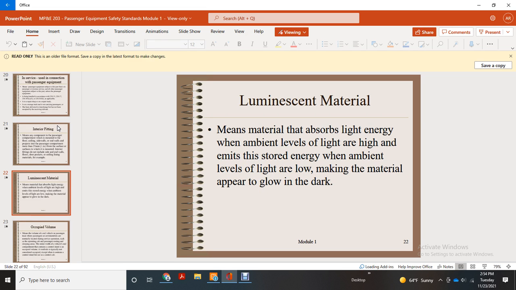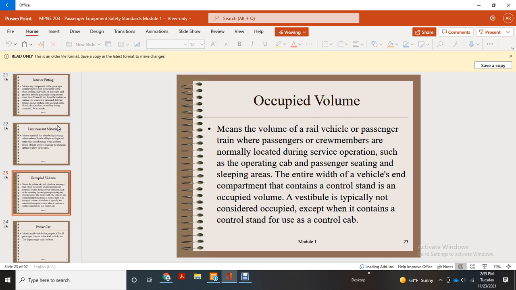Luminescent materials means material that absorbs light energy when the ambient level of light is high, and emits the stored energy when the ambient level of light is low, making the material appear to glow in the dark. Occupied volume means the volume of the rail vehicle